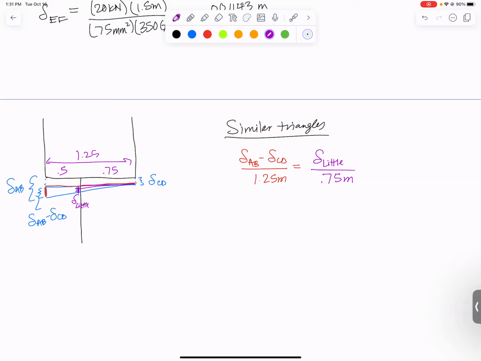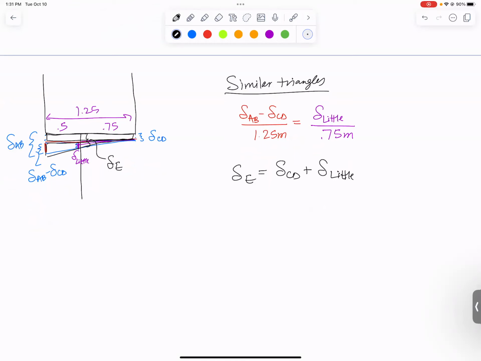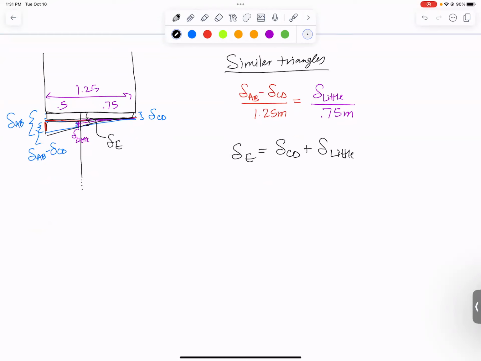To figure out the total delta E, this whole thing is going to be what we call delta E. Delta E is going to end up being delta CD plus that delta little, right? Because delta CD is how far this rectangle goes down. Then we have that additional triangle down below. Finally, we also have some additional length change from the length change for member EF. So I did a little bit of this math. Delta E ends up being, if I simplify this, delta CD plus delta little, which is 0.75 over 1.25 times delta AB minus delta CD. That number I actually calculated. That is 0.001092